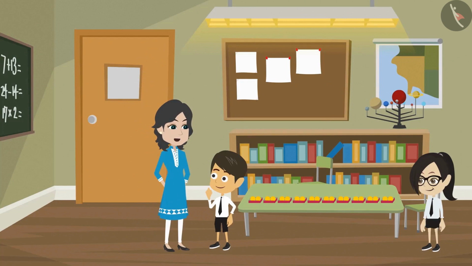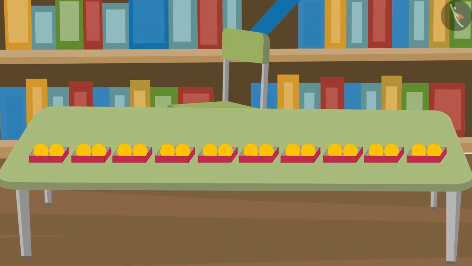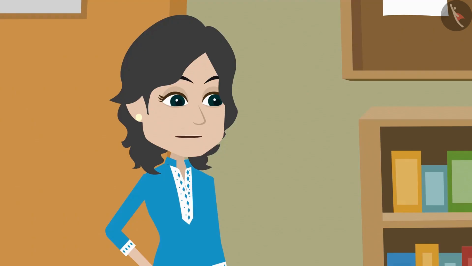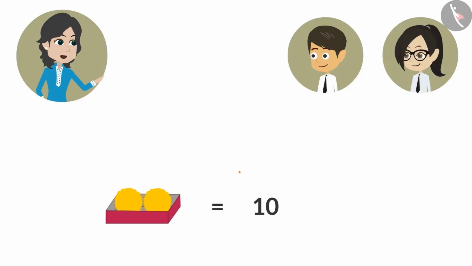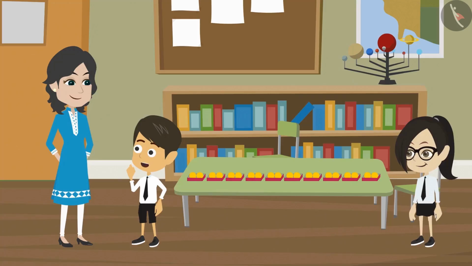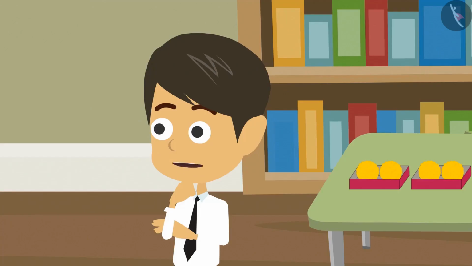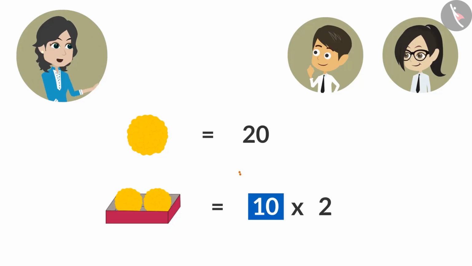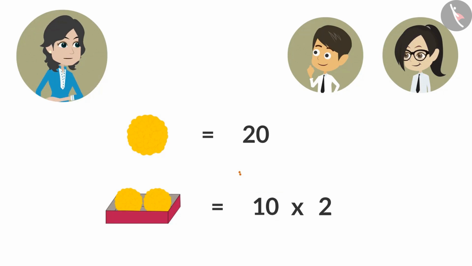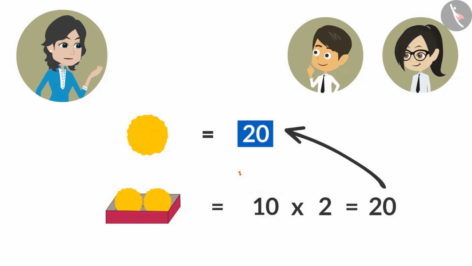Riyansh and Vandana, what are you counting? Madam, there are 2 laddus in each of these boxes. We are trying to find the total number of laddus in these boxes. That is very easy. Now Vandana, tell me how many boxes of laddus are there? We have a total of 10 boxes. That means you have a total of 20 laddus. How could you find out so soon, madam? We have been counting for a very long time. It's easy. I have multiplied 2 with the number of boxes. So I got to know that there are 20 laddus in 10 boxes.